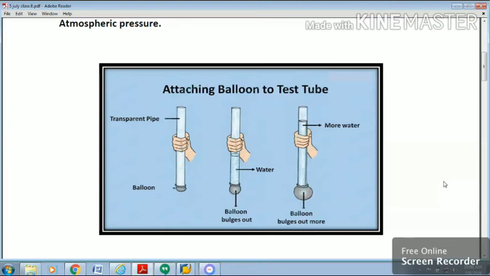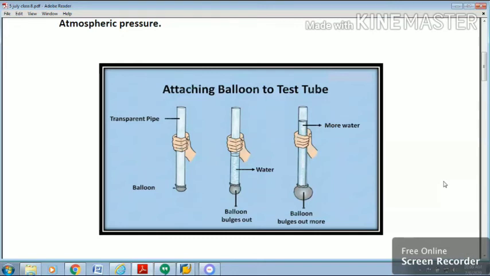For this, as you can see in this diagram, you require a glass tube with both ends open, a balloon and water. Take a glass tube and tie the balloon tightly at the lower end of the tube. Hold it in a vertical position. Now pour water inside the tube till it is half filled. What will you observe? You will find that the balloon starts bulging. This is because of the pressure exerted by the water due to its weight. Hence, we can conclude that liquid exerts pressure.